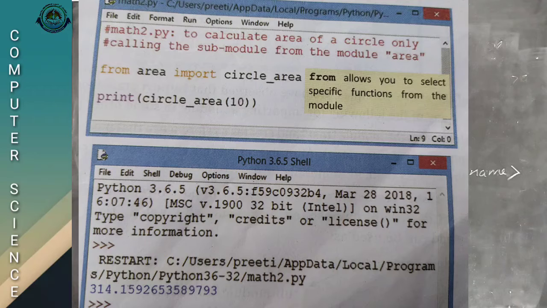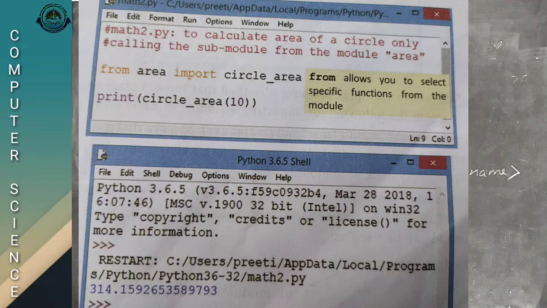In that module we explained area of a circle, area of a rectangle, and area of a square, etc. Here we are importing only circle area. That's why we call it retrieving objects. Here we retrieve only one object, its name is circle area.